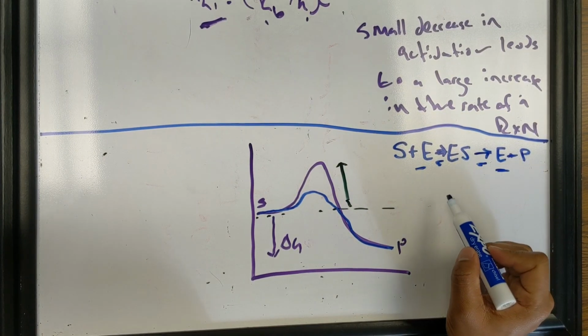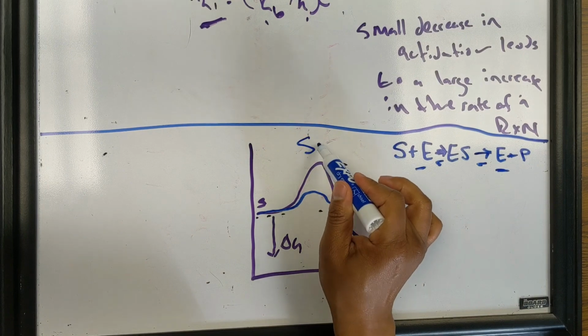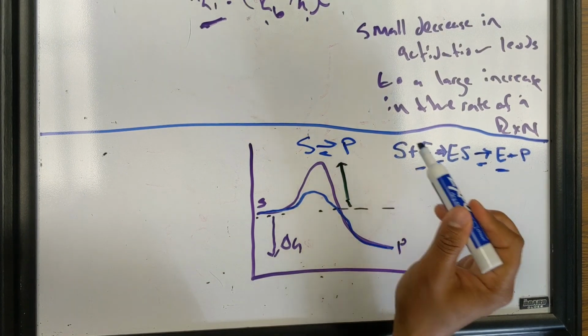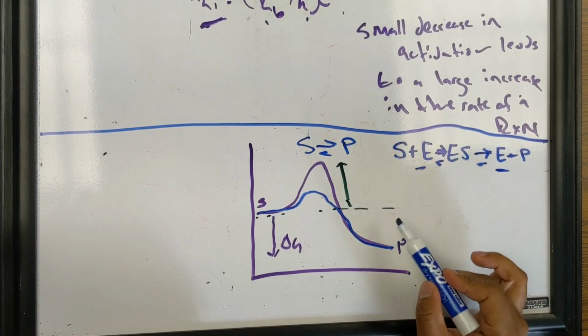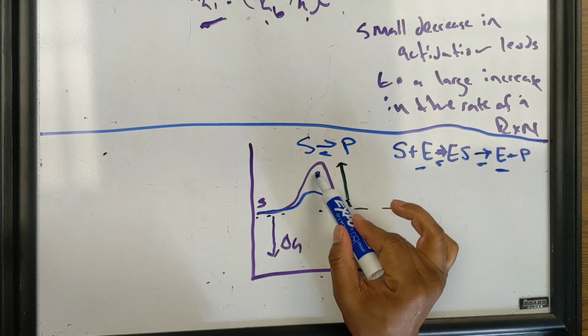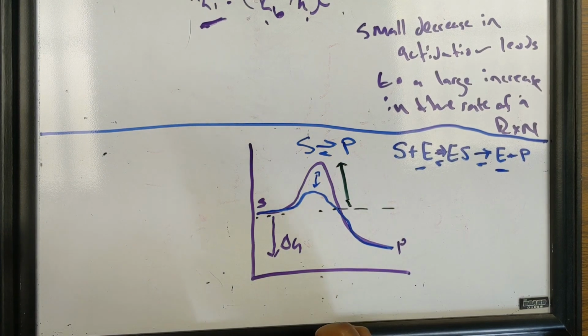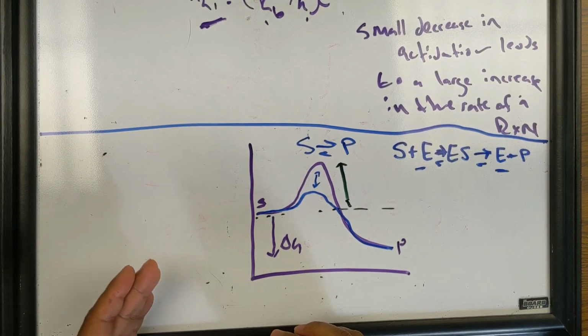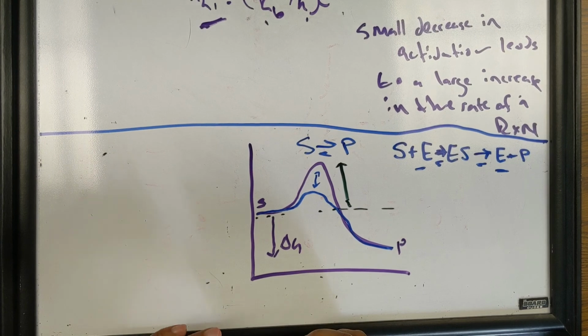The chemical reaction is the same one that we saw up here. This is the same reaction of S goes to P. It's simply that the rate has been increased because we have this decrease in the activation energy here. So that's the foundation of how enzymes work in biological systems, and then we're going to look a little bit deeper into what exactly the transition state theory is and how that works in the next